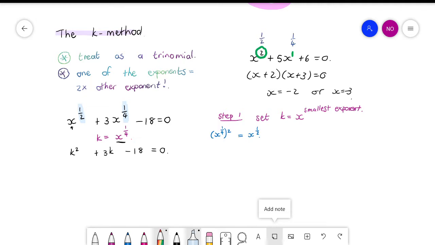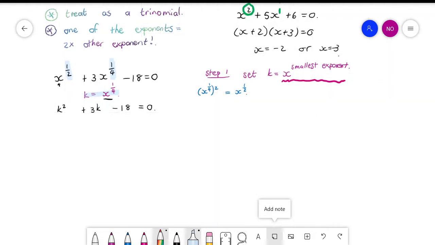Okay, dan gaan jy aan en jy stel die kleinste eksponent gelyk aan K. So, x with the smallest exponent, you set to K. So in this case, I set K to x to the power of a quarter. Want 'n kwart is mos kleiner as 'n half. And then on this next one, the bell rung. Hier moet julle nou onthou, dit beteken